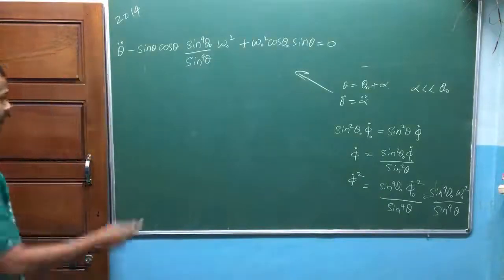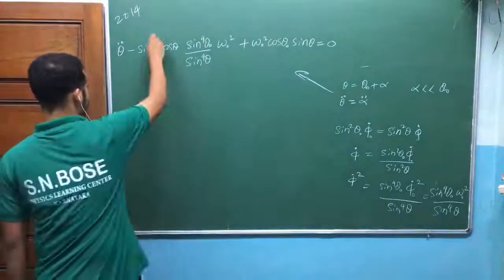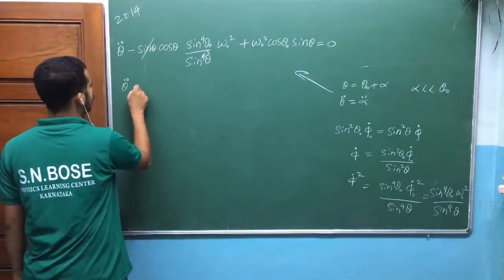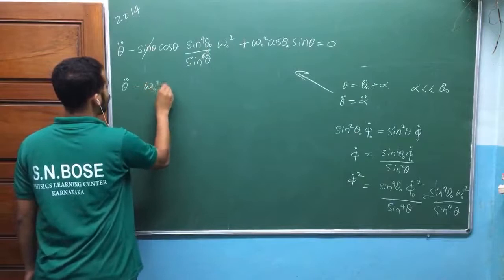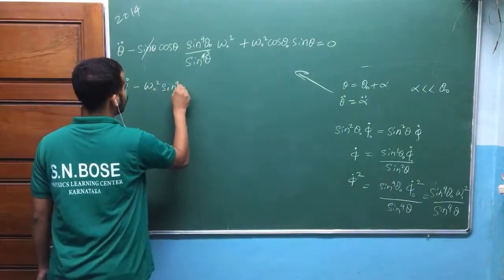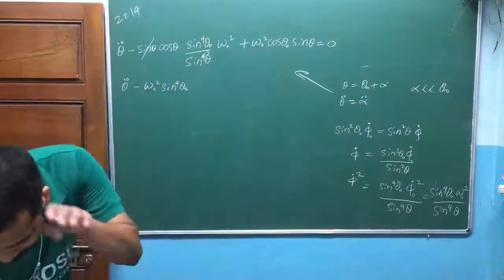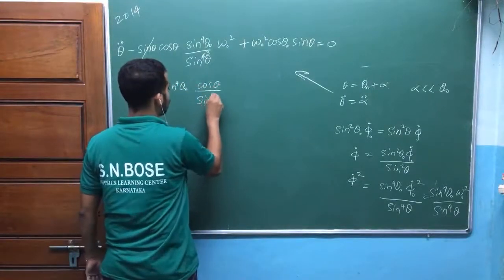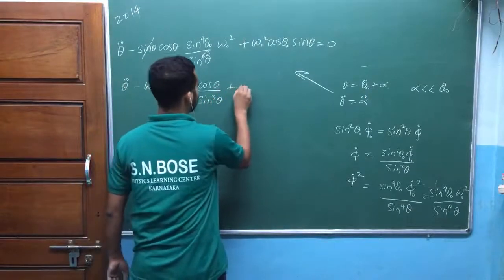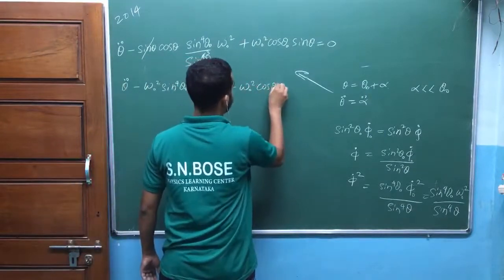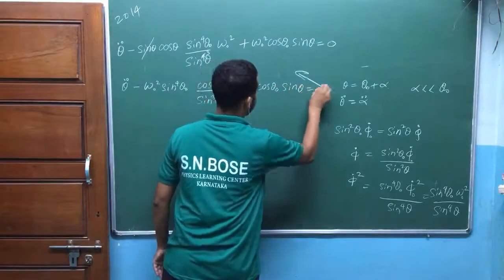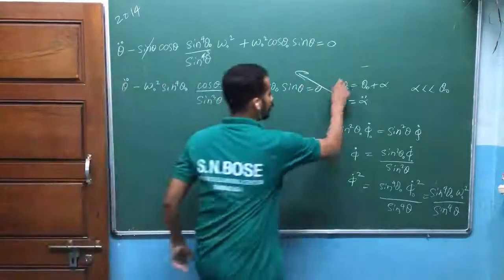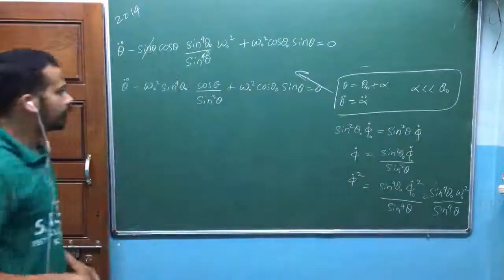Quite lengthy actually. If you substitute and do all of those approximations, sine cube theta here, okay? Theta double dot minus omega naught square sine raised to 4 theta naught cos theta divided by sine cube theta, plus omega naught square cos theta naught sine theta is equal to 0. Anyway, we shall solve that one. The rest of the things are mathematical steps. We should apply these approximations here.